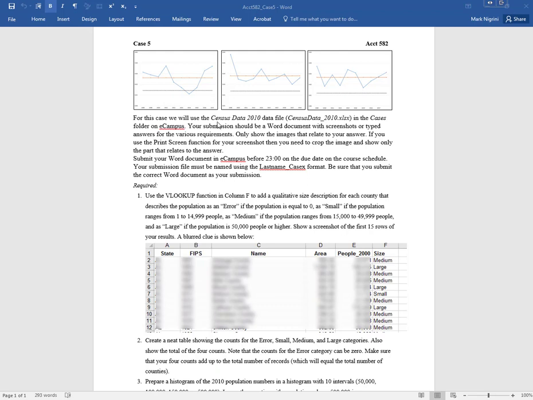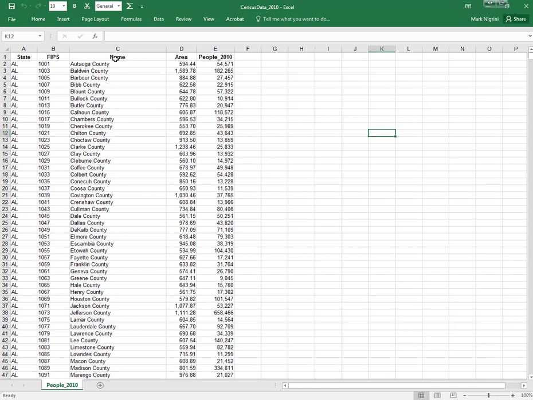So, we are going to use a new data file, census 2010, and we are going to use the VLOOKUP function to give each county a category of small, medium, or large over here. And so the way we're going to do this is in Excel 2010, and we are going to do something like size here,